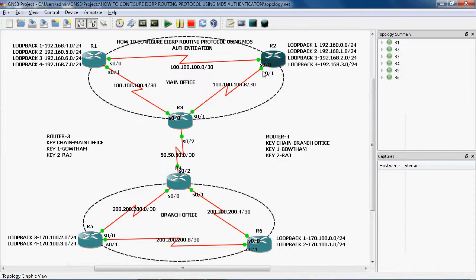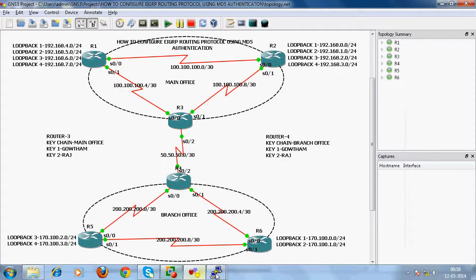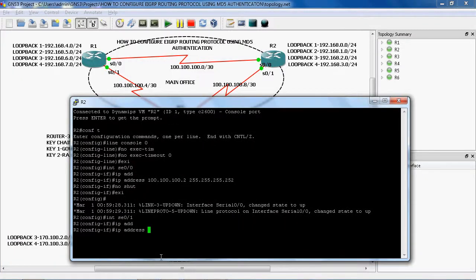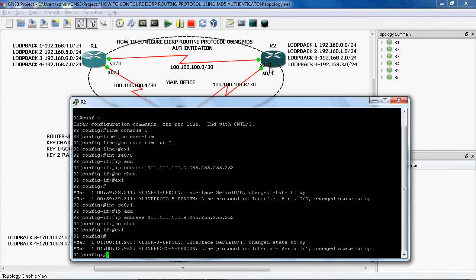In this port we can assign 9. 100.100.100.9. The subnet mask is 255.255.255.252. no shutdown to enable this interface. Exit. Okay, in the R2 router we have assigned the IP address to serial 0/0 and serial 0/1.